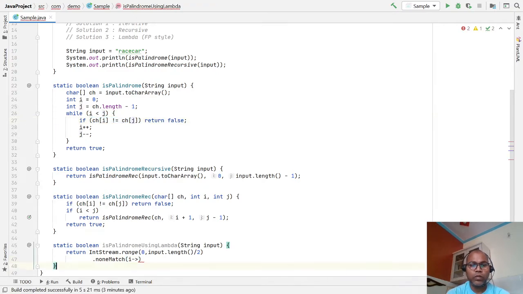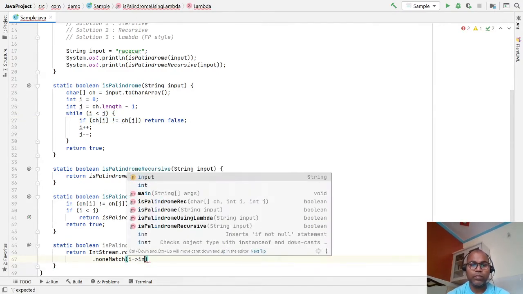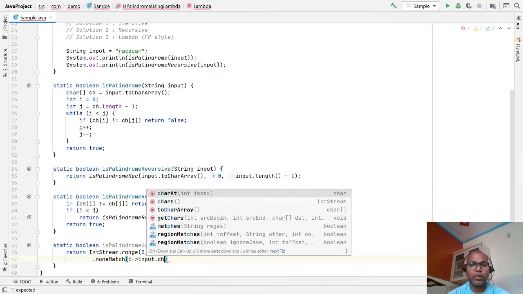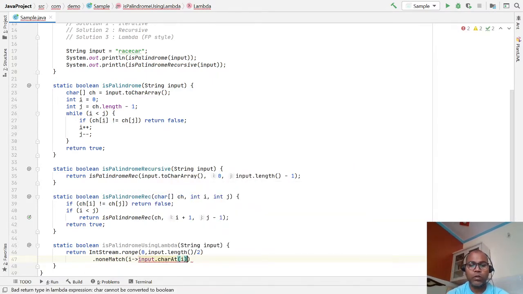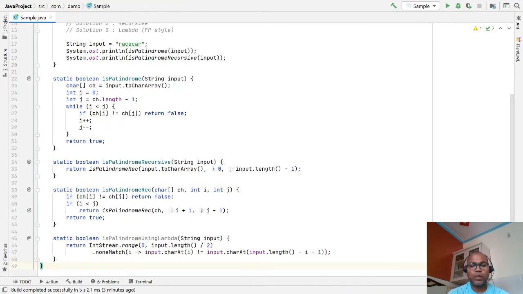You have input.charAt(i) not equal to input.charAt(input.length minus i minus 1).